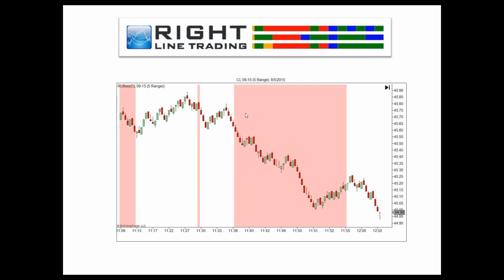So what we look for is a multi-time frame alignment. Now, the multi-time frames that we look at are our two higher time frames. Here we have crude on a 5 range. When we trade a range chart, we look at our two higher Fibonacci numbers, which in this case work quite well, although Fibonacci does not predict market direction. We look at the 8 range and the 13 range. If we trade an 8, this indicator automatically defaults to a 13 and a 21 range. If you trade time, a 3-minute, it's going to fall to a 9-minute and a 27-minute.